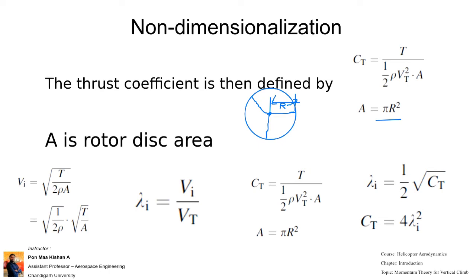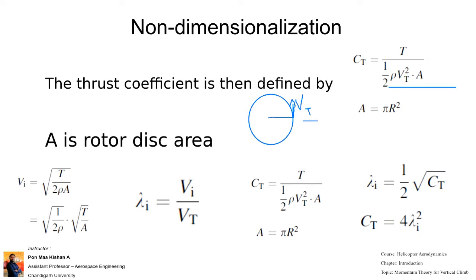Coefficient of thrust is given by thrust divided by half rho A Vt squared, where Vt is the rotor tip speed. I will draw that top view once again. Our blade will be from here, and this line has to be straight. This is the tip speed, Vt. The rotor rotates about that axis itself, and the thrust force is non-dimensionalized with respect to the tip speed.